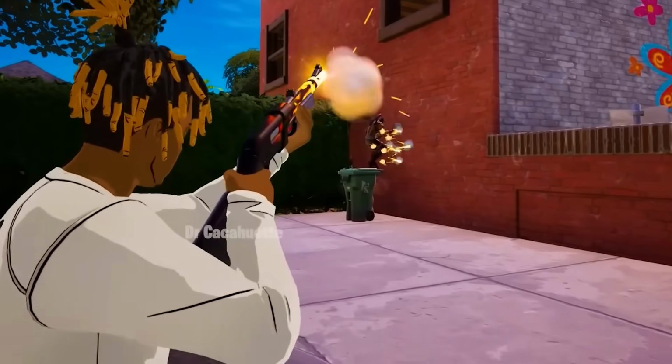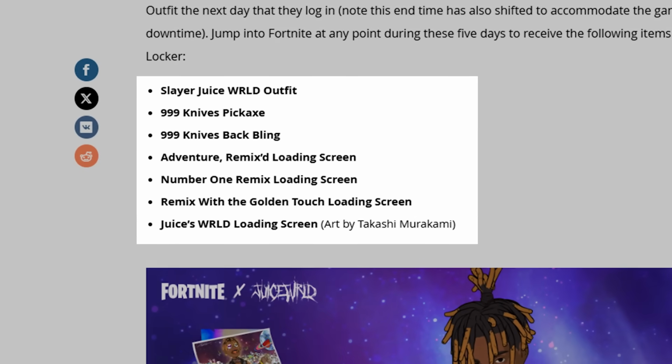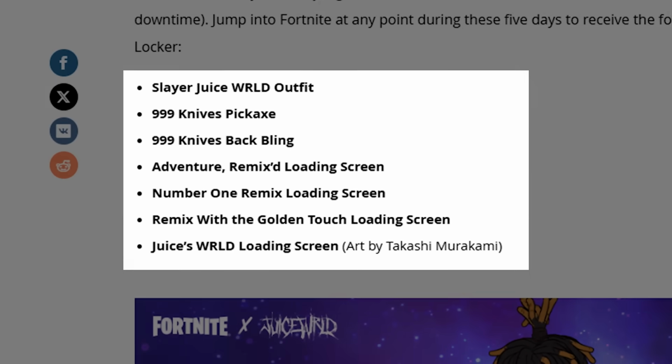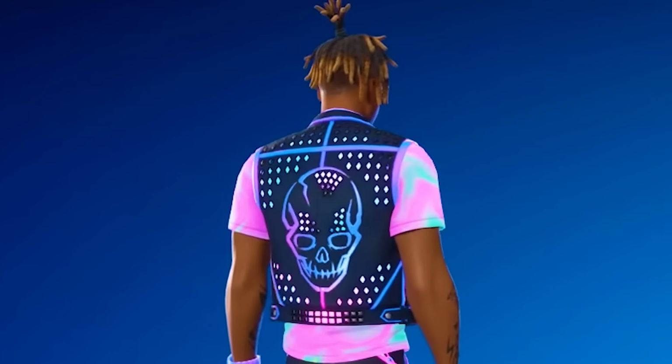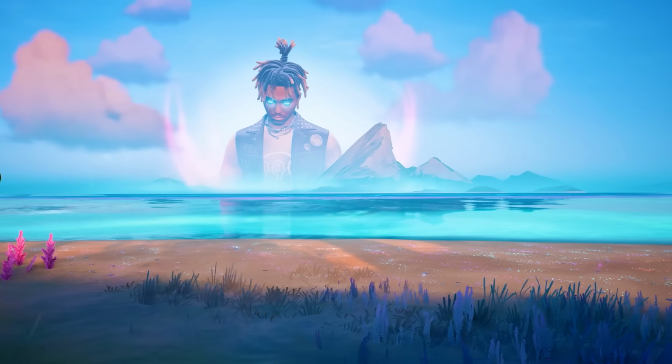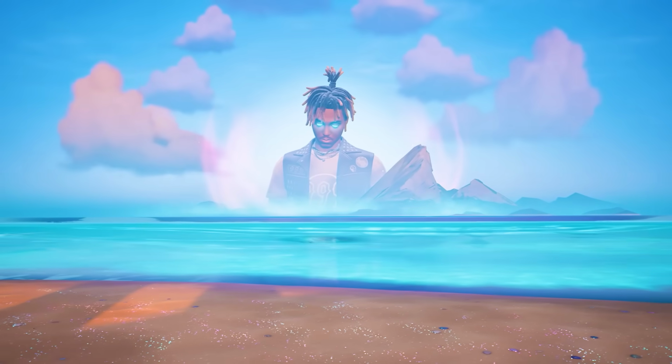The skin itself isn't even the only free item, because alongside it, we'll also be receiving 6 more free rewards, ranging from free pickaxes, back blings, and even multiple loading screens. Now, the first Juice WRLD skin that we talked about earlier in the video, being the one that's approaching the island and will be used during the live event, and also the one we saw in the remix prelude,